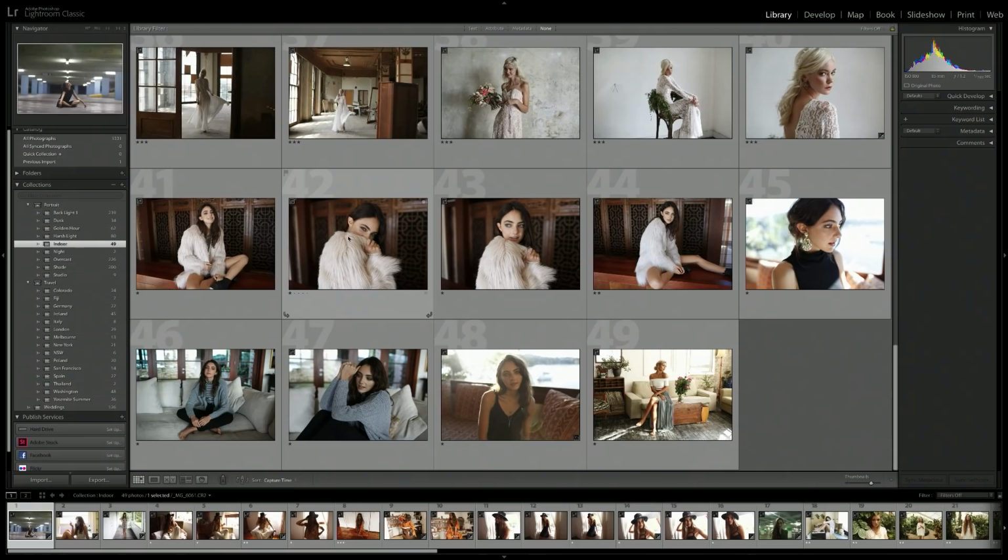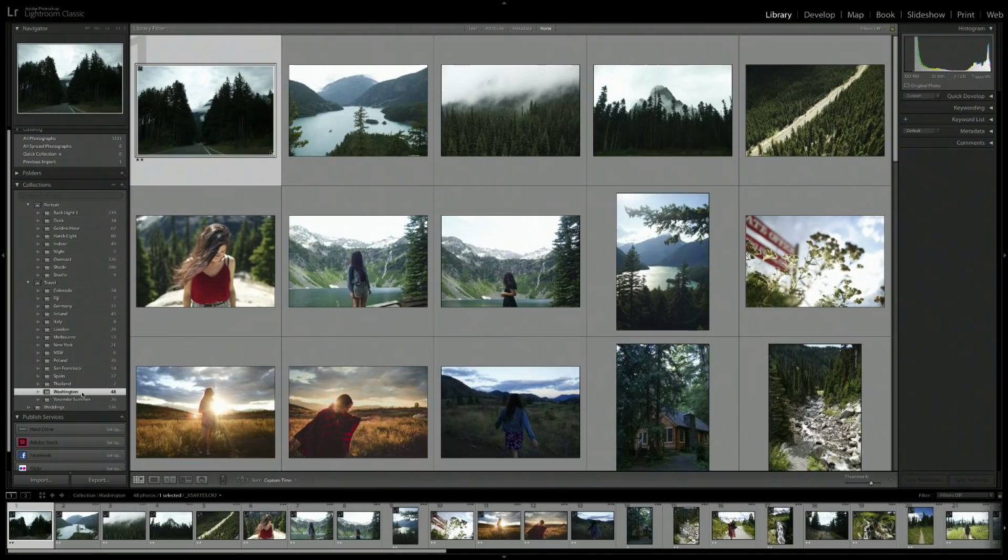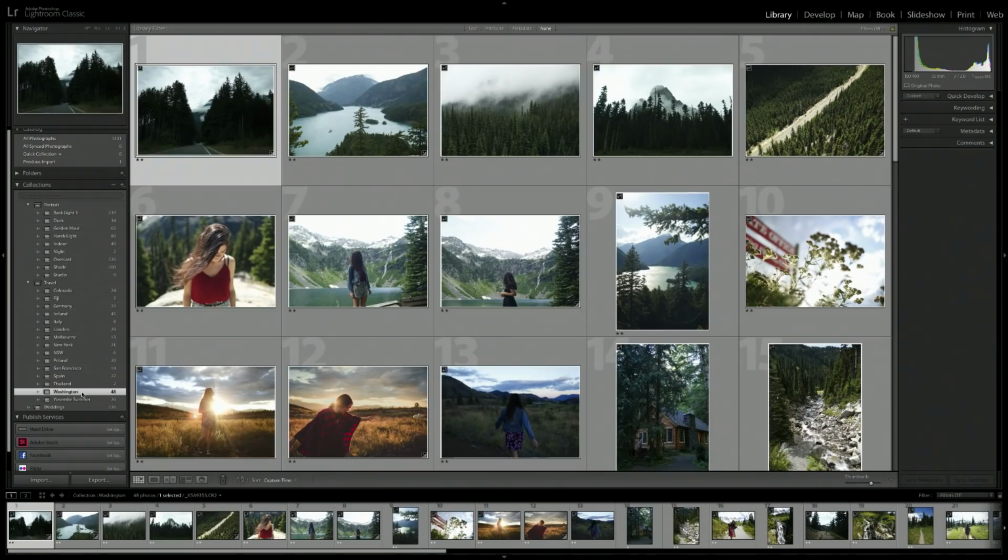Under travel, I have different locations that I've been to, so if I want to find a tropical looking photo to work with, I'll head into Fiji. Or if I want photos with mountains and forest, I'll go into the Washington folder, for example, as I know those are the types of photos that I took while I was there. The collection sets in this Lightroom catalog are very specific to the type of work that I need to do with it, which is ultimately how you should organize your Lightroom catalogs as well, which is to suit your needs